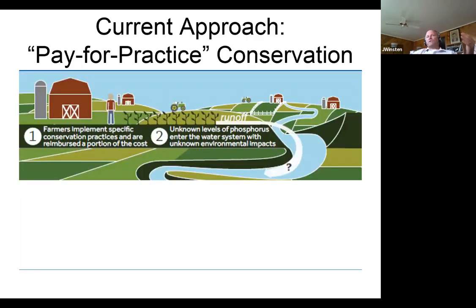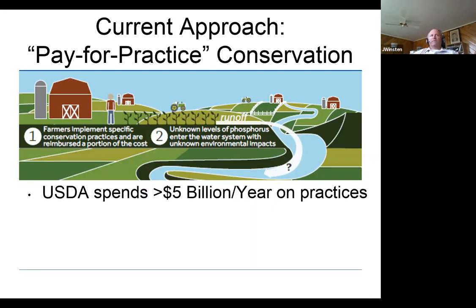So as most of you are pretty clearly aware, the current approach for conservation is really a pay-for-practice approach, right? And USDA spends more than $5 billion a year across the US on cost-sharing practices. And basically, the outcomes are not really quantified. I mean, they are in terms of acres and linear feet of buffers and all that kind of stuff, but not really the environmental outcomes or the ecosystem services that we're